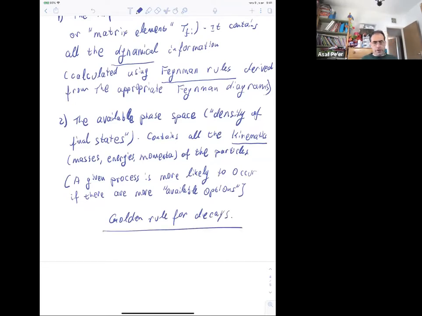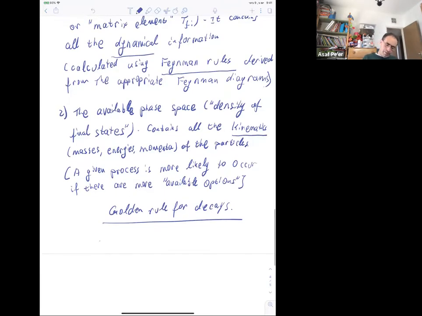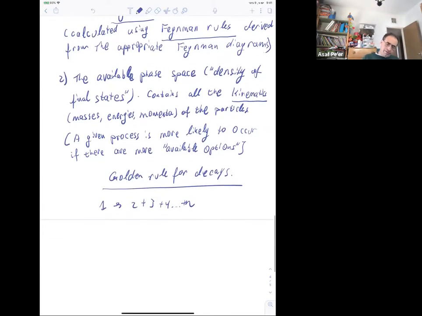So we have a particle. We can assume it's at rest. It's just a choice of reference frame, right? Which decays into several other particles, right? So we have particle 1 that decays into 2, 3, 4, n, right? Decays into n minus 1 particles. Then the decay rate, again, it's measured in the particle's rest frame, is given by